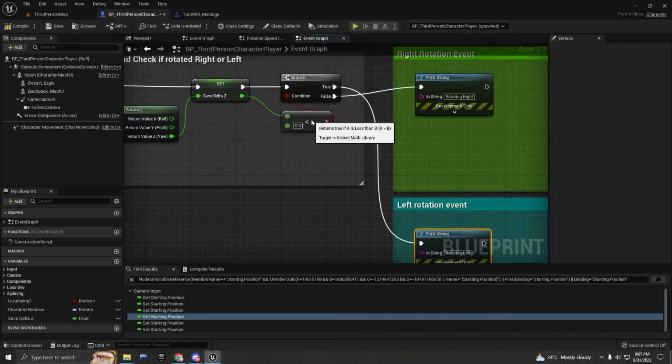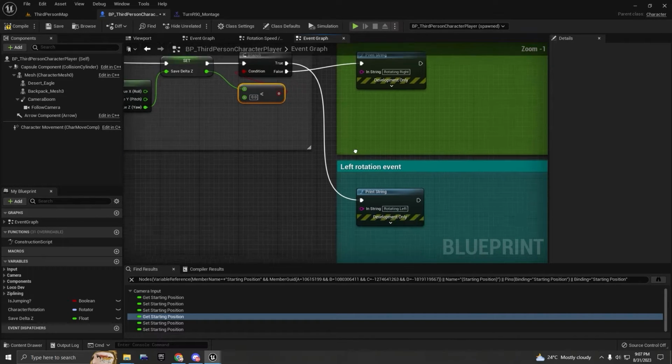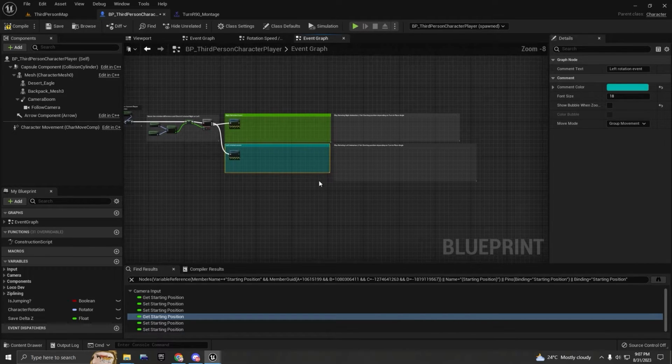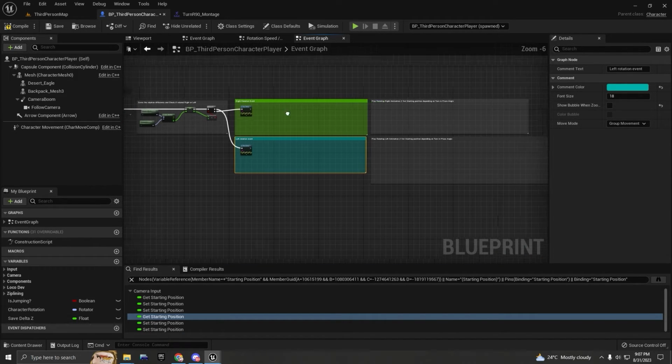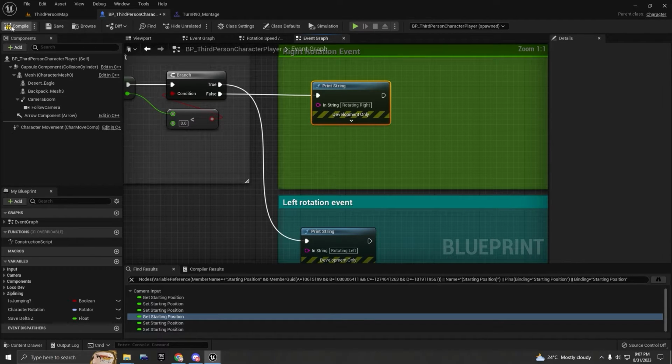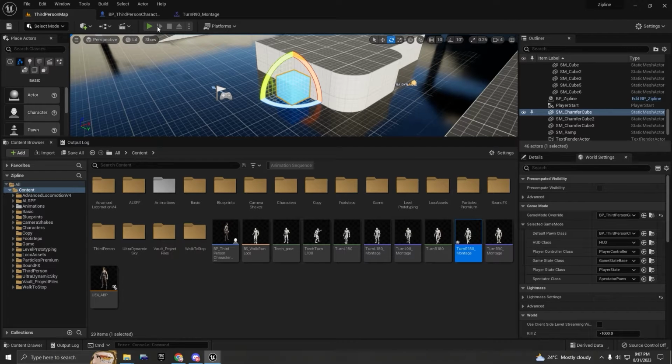So if the value is less than 0, that means that we're rotating to the left side. Then if it's true, then it's going to go into this execution on these comments here. So we're going to follow our execution code here. Now, when I compile, save, and test that out,